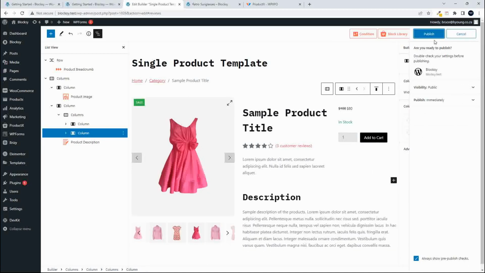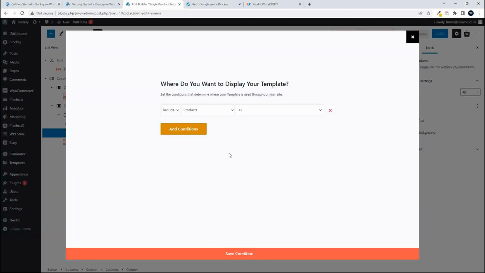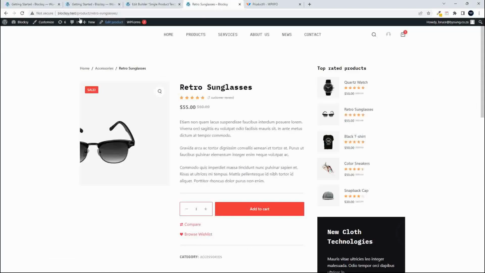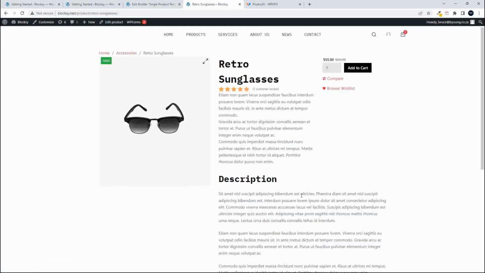All right, let's publish that. And now it's going to ask us where we'd like to allocate the template, and I'm going to say include in products, and we'll do the child product categories again. And as you start typing, the categories appear. I'm going to save it into the accessories again, conditions saved, update, and now when we refresh retro sunglasses, we should see there's the basic layout,